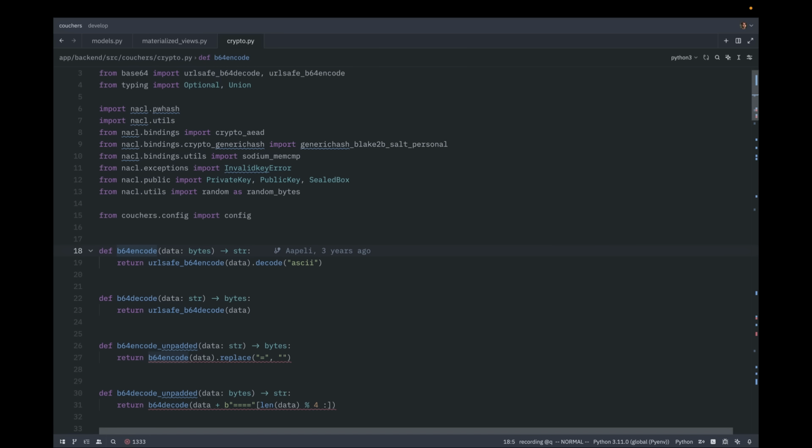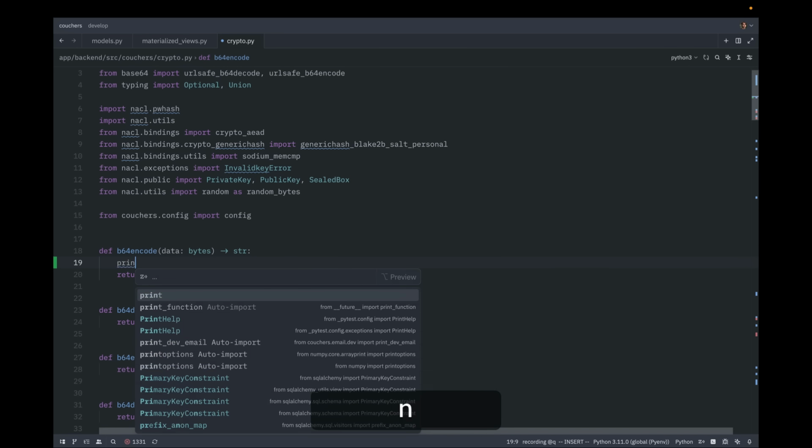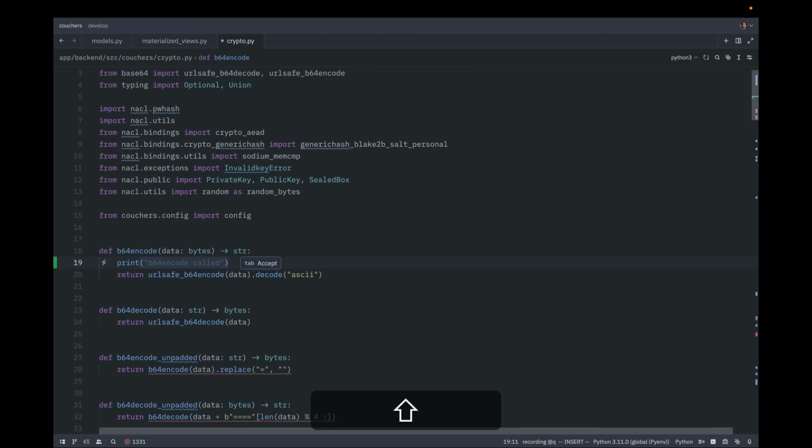Now I'm going to yank up to the opening parenthesis. And I'm going to go down to the next line and go directly into insert mode with O. Type print and quotation mark, then control R quotation mark, and then I'm going to press escape to go out of here